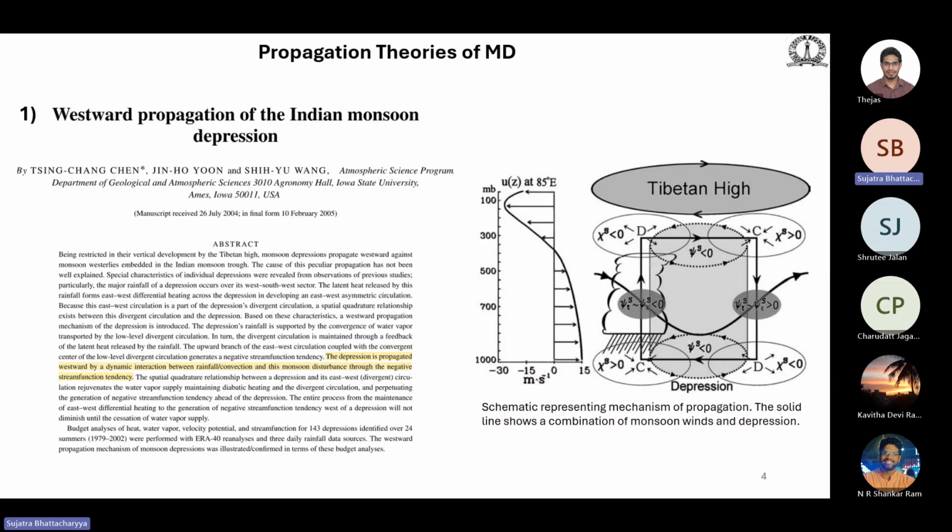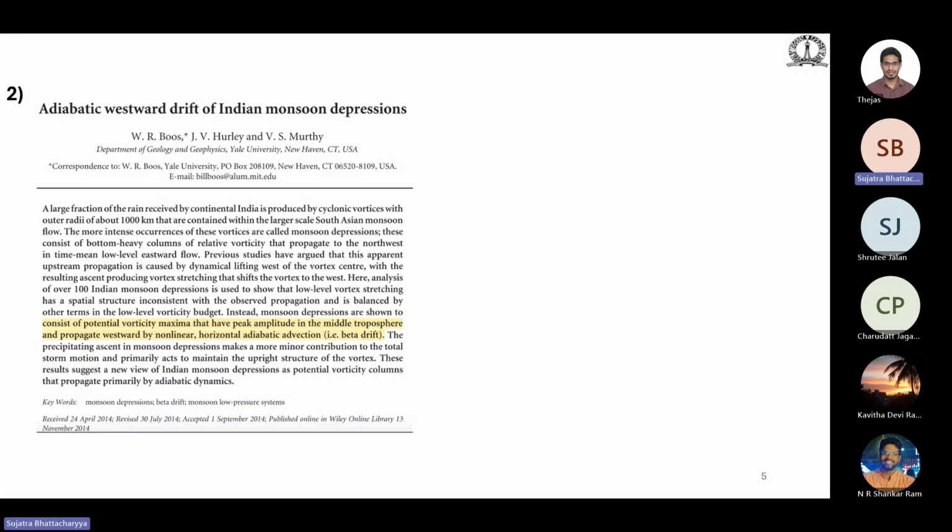So this is a very simple theory that I've tried to explain using different budget equations, and they came up with this in 2005. A decade later, Boos with his team came up with an alternate theory of monsoon depression propagation. They said that it's an adiabatic westward drift of a monsoon depression. The main thing of this theory is that they have considered a monsoon depression as a potential vorticity core, and this potential vorticity core propagates westward by nonlinear horizontal adiabatic advection, basically a